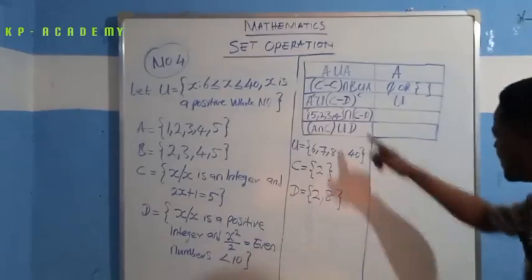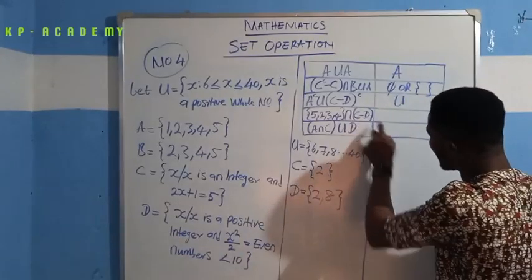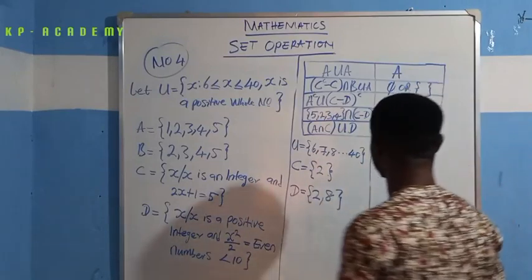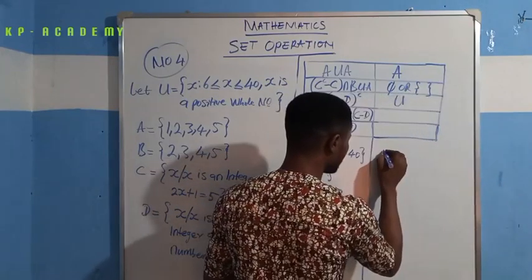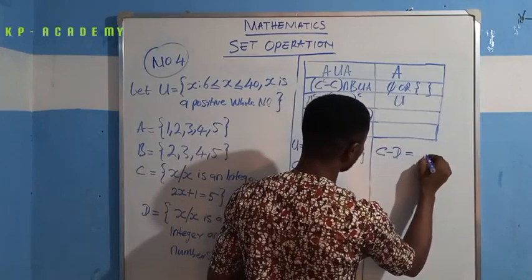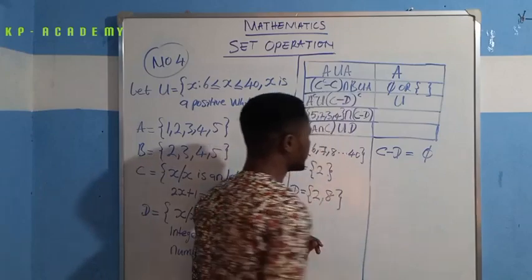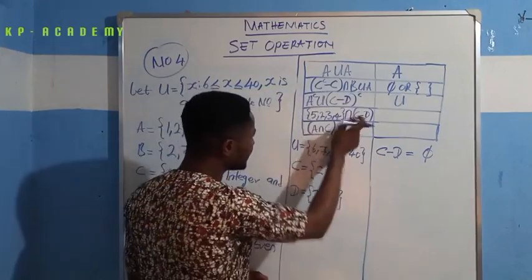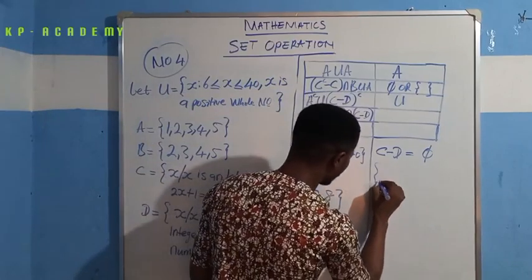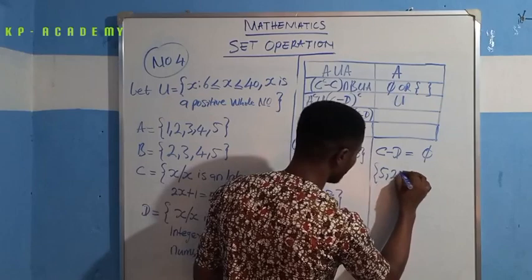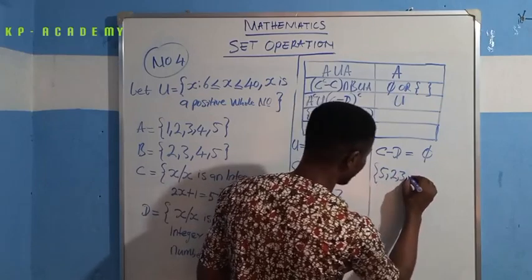So next thing now is this. So first, let us find C minus D. And of course, I think we found C minus D somewhere here before. We found C minus D. C minus D will be equal to null set. C minus D is equal to null set because this is it now. Then now taking the set of 5, 2, 3, and 4